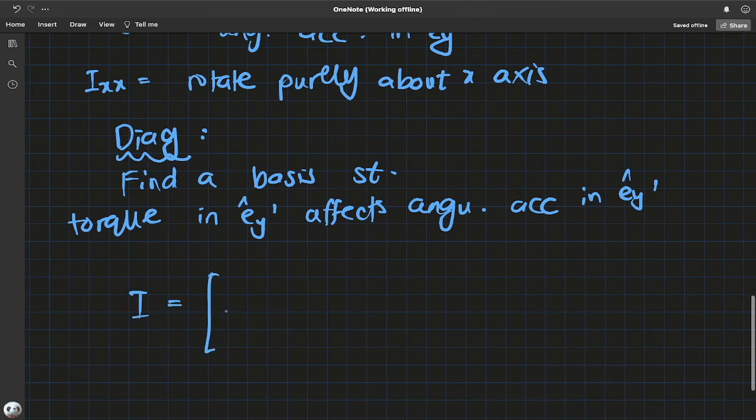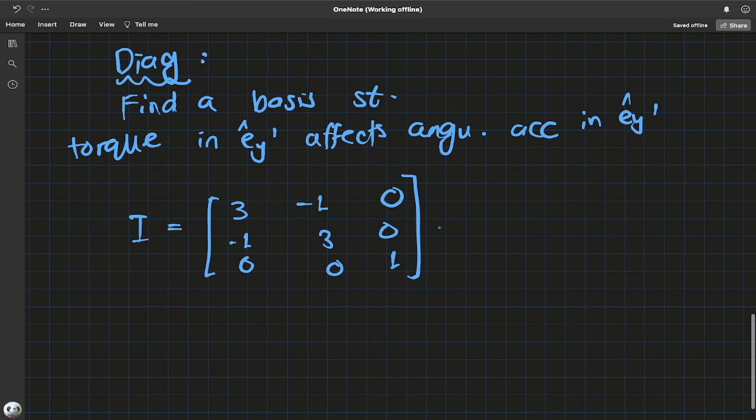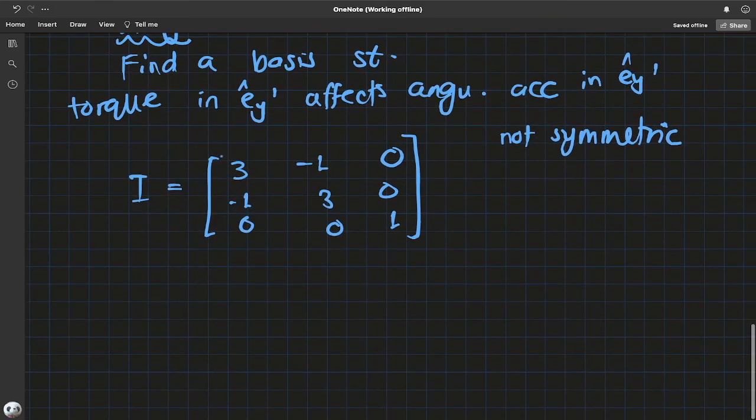Because if you have something like this, say I is 3, -1, 0, -1, 0, 3, 0, 0, 1. So it's a complicated system. Now again, the issue here I didn't address is it's not symmetric. Take this as a really general case when some symmetry fails, but this is just to prove a point. It's not a literal example, but if you diagonalize this, you get 1, 0, 0, 0, 2, 0, 0, 0,